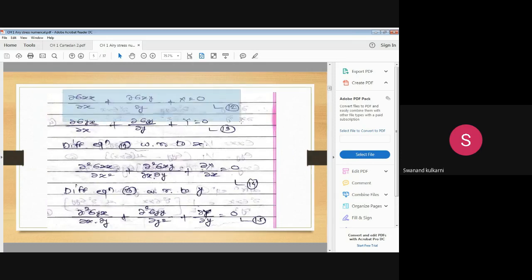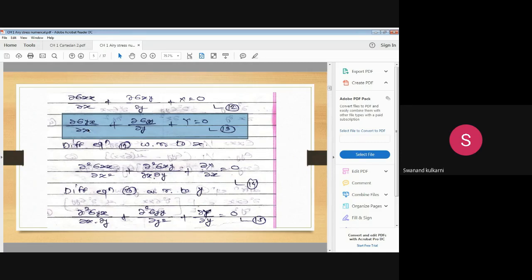So if you remember, this is the equilibrium equation. What is that equilibrium equation? It is the differentiation of stress with respect to x, that is ∂σxx/∂x plus ∂σxy/∂y plus capital X, where capital X is the body force, equal to 0. Already we have derived this equilibrium equation in the first derivation you studied in this theory of elasticity. Similarly, ∂σyx/∂x plus ∂σyy/∂y plus capital Y is equal to 0.